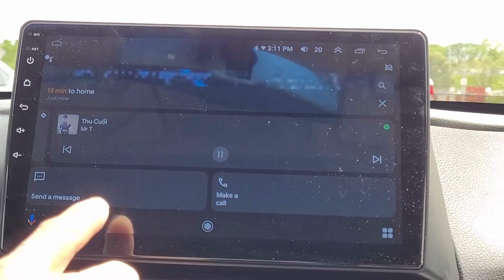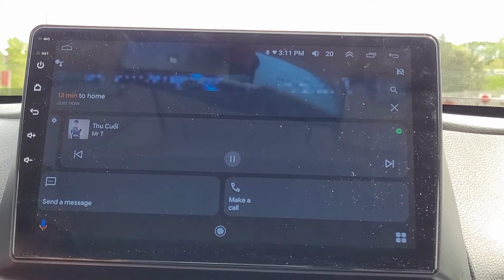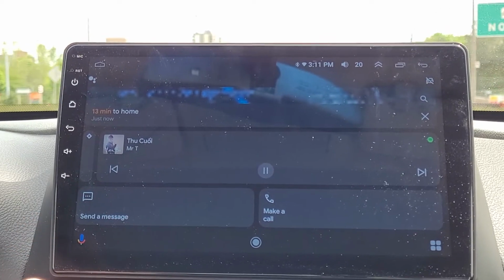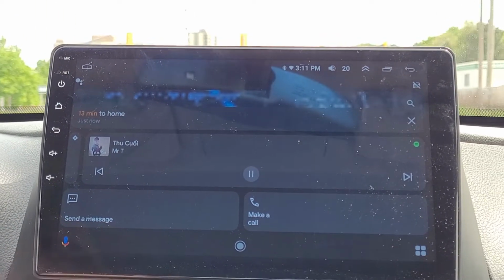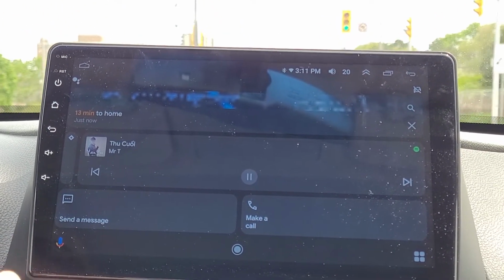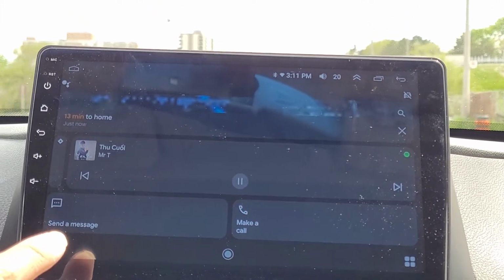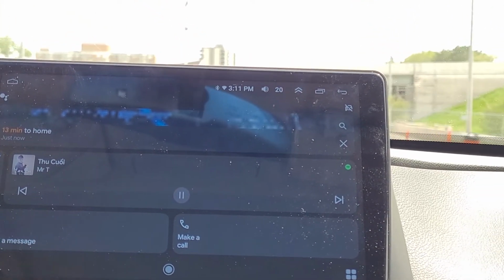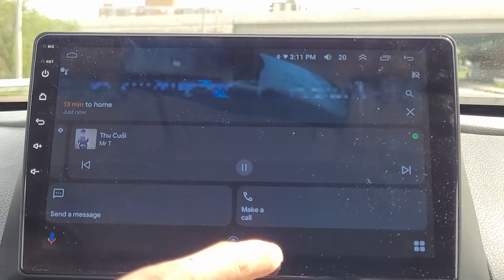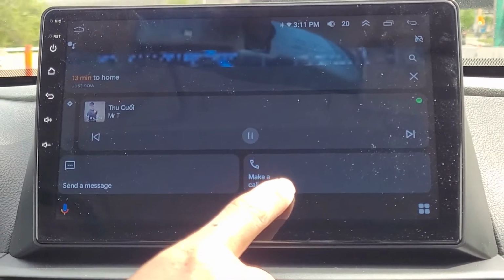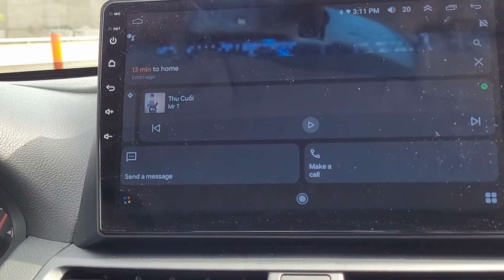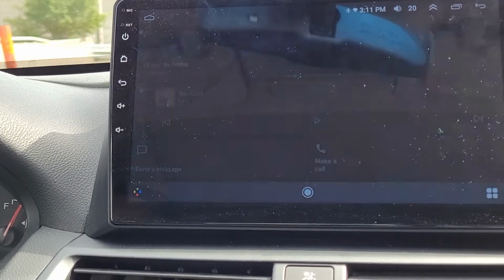So you have to have a SIM card in this Android head unit in order to receive calls, and then Google Assistant will basically read your messages and connect to the phone. But I'm pretty sure I can connect to the phone, I just didn't set it up correctly.